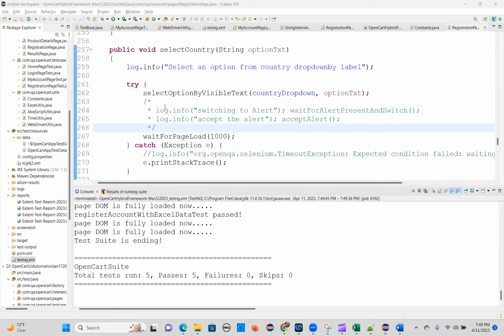Keyword-driven testing is different from data-driven. Keyword-driven is different. What will happen? For every method you have a name, every function has a name, right? That name you will mention in the Excel sheet. From the Excel sheet, you will control which method you want to run and which you don't want to run. The yes or no toggling will be there in the columns. But I never tried that. That's another keyword rule. For every function, one keyword you will give, and that keyword decides which method you want